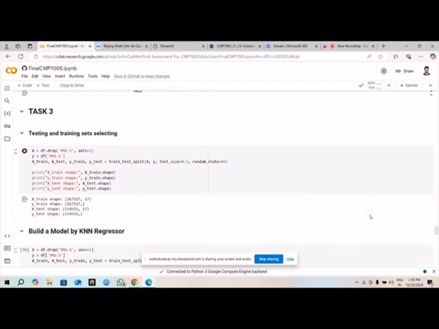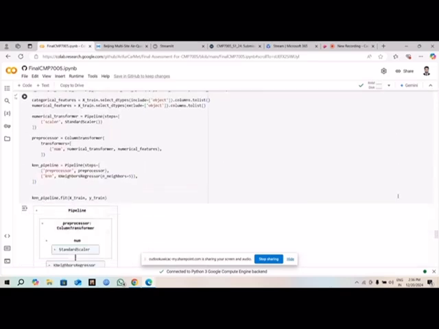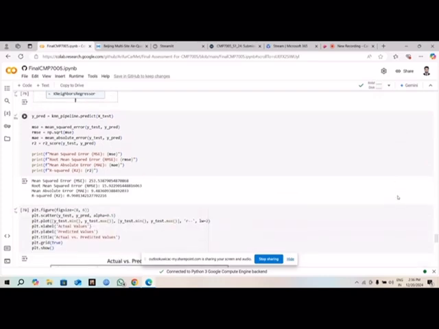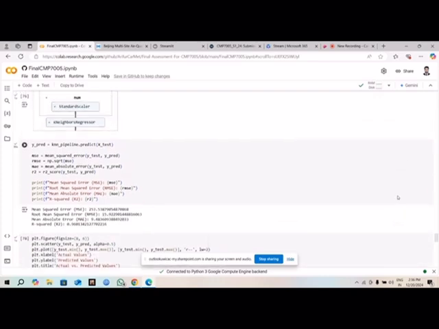I build a model. So basically, when I was handling data, I preprocessed the data and showed some visualization. But the main part is to build a model, because for the model I need to see my mean square error, root mean square error, mean absolute error, and